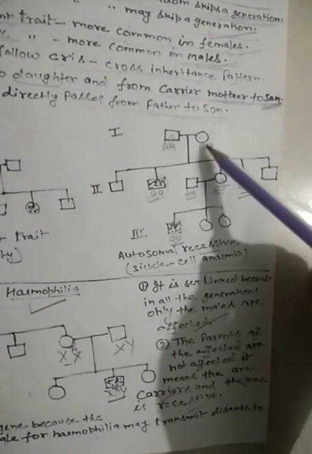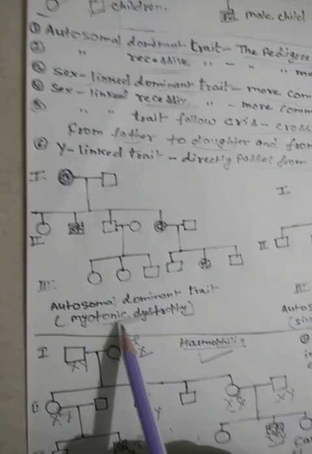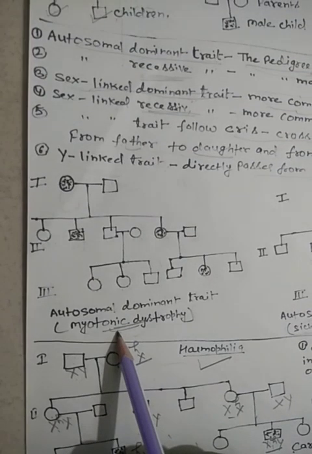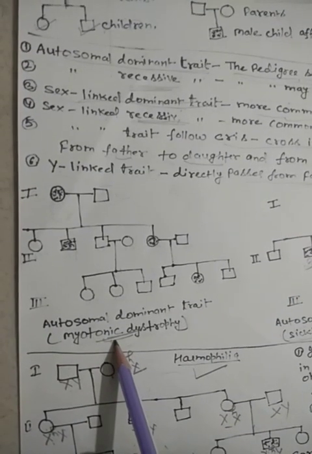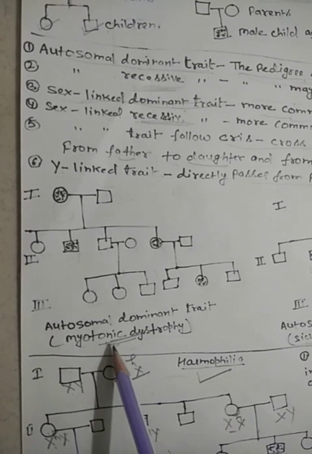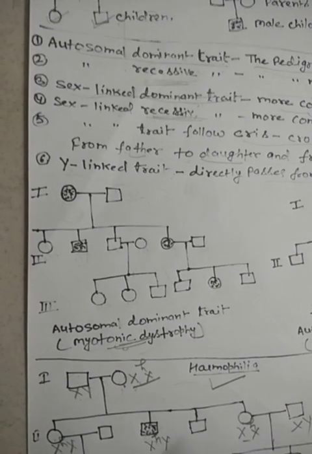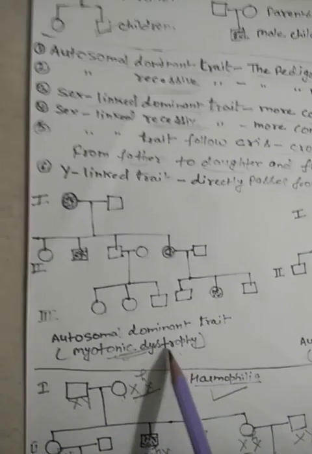Likewise, this one is autosomal and must be recessive. While this one is myotonic dystrophy. This is a disease of the muscles in which the contractility of muscles increases but relaxation decreases, especially for the muscles of the face and neck, that contract but do not relax. That is called myotonic dystrophy. It is a very rare disease.